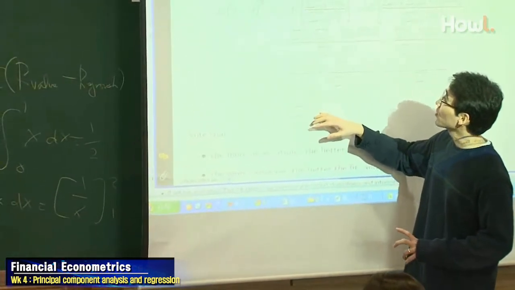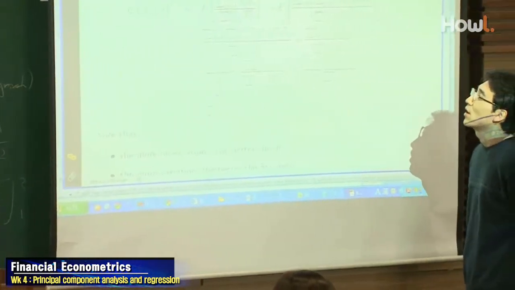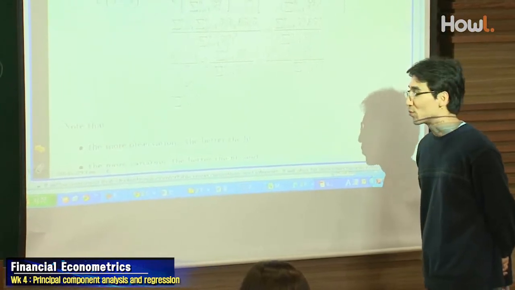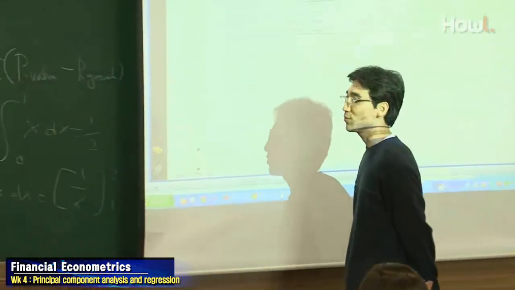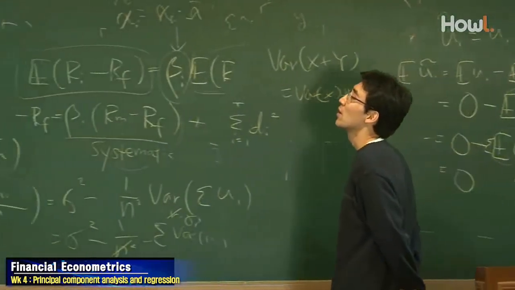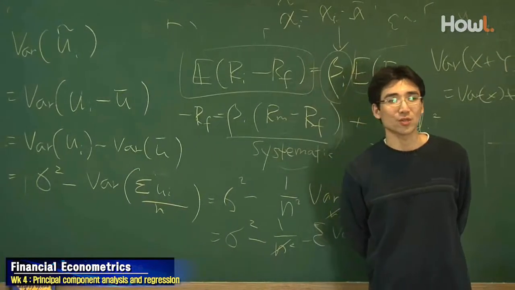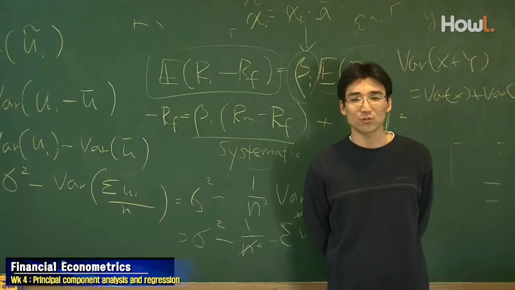So if this term is getting bigger, then the variance of beta hat is getting smaller and smaller. And the expected value of beta hat is the true beta. So if we have a large data set, beta hat will converge to beta,